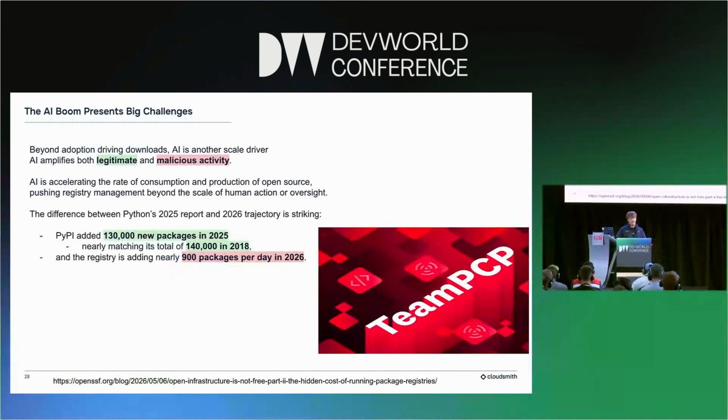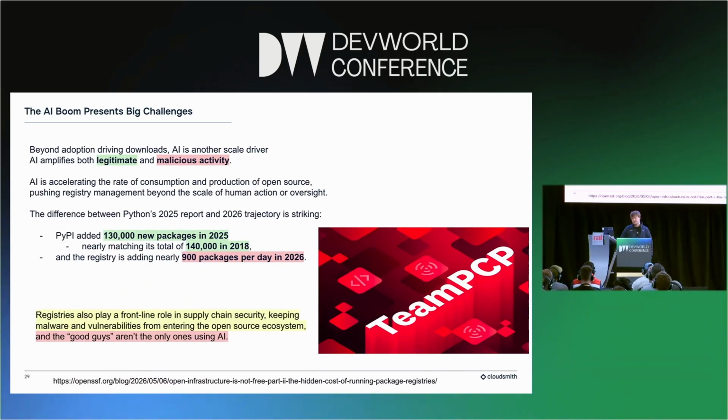And this is all really exciting. Again, I point to that OpenSSF piece at the bottom about the hidden cost of running package registries. But the real scary part is, as we're seeing more and more packages going to the registry and more and more authors, it's really hard to question the provenance of what do you trust? What can you use? Did we even really have trust boundaries to begin with around the software packages we brought into those registries? So again, even though it's all great and good, bad people are, I don't know if I